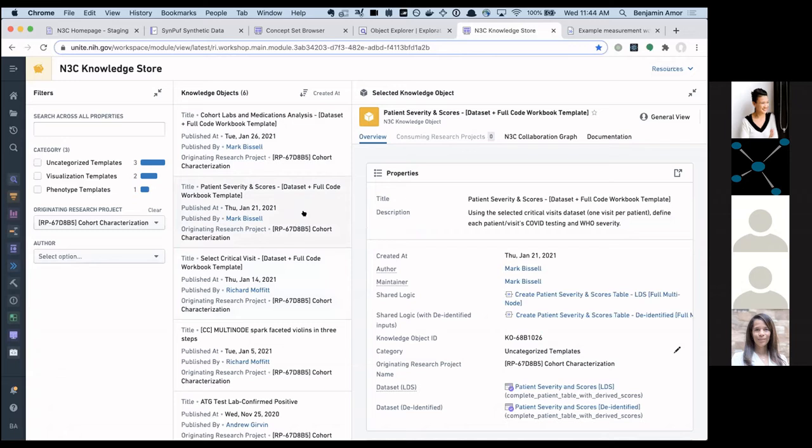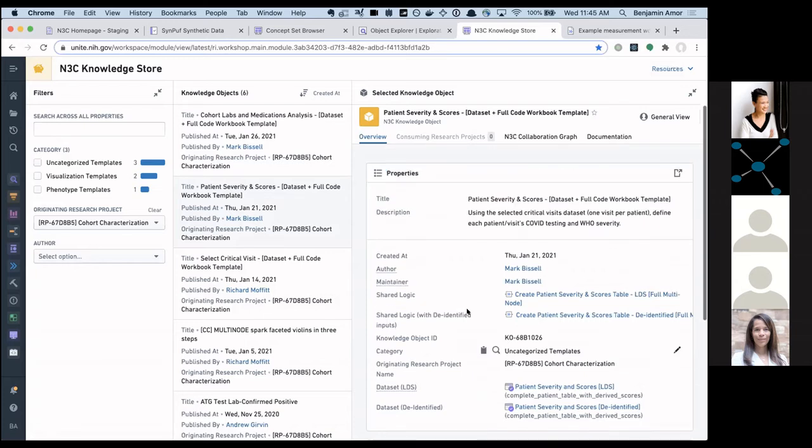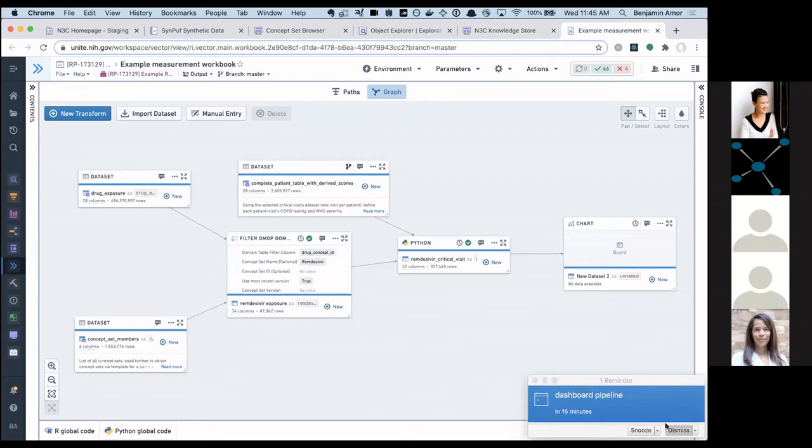And so, for example, if I want to ask a question that relates to remdesivir and patient severity, then I could start to bring in these data sets that contain that information into my own analysis. And just to finish up, what could a very simple analysis look like that used these various things we just explored? I can now go to a workbook environment,